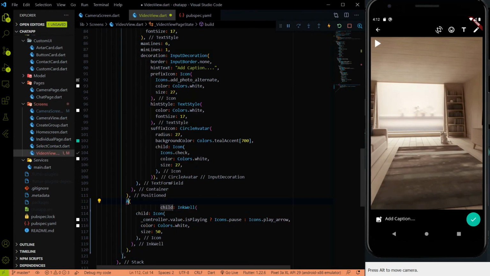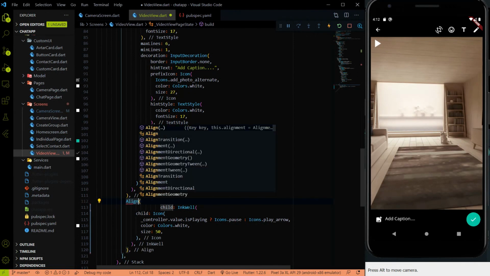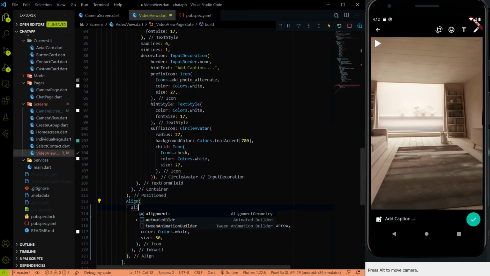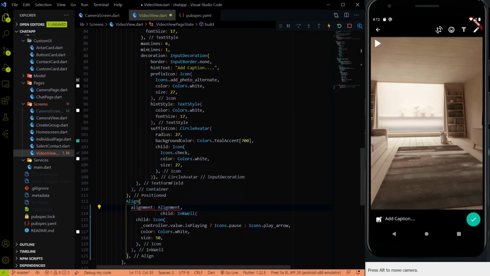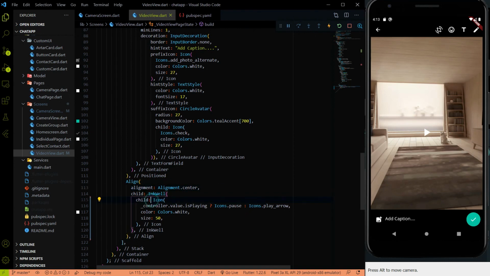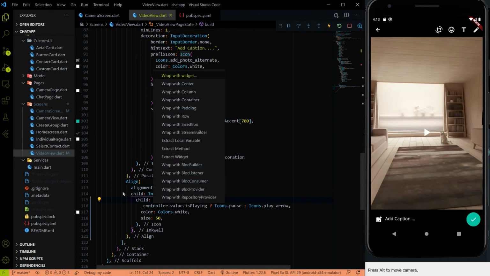So we are going to use the Align widget here, and we are going to use the alignment, Alignment.center, to put the icon in the center. After putting the icon in the center, we also have to add the background color of this thing, like we have in WhatsApp. So I'm just going to wrap this child with the CircleAvatar widget.